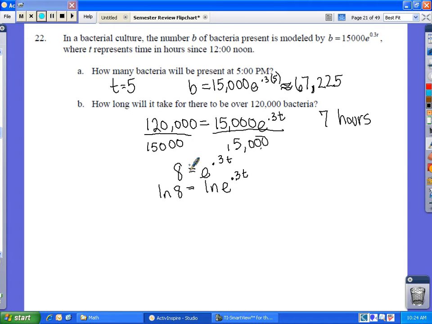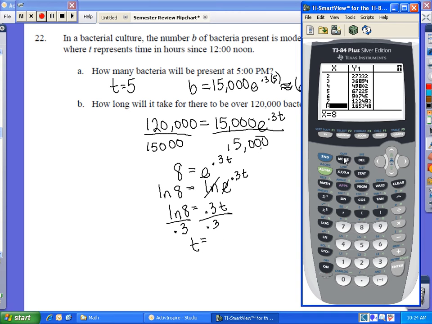Well, if you remember back to your rules of natural logs, the ln and the e cancel each other out, and I'm left with the ln of 8 equals 0.3 t. Now I can divide both sides by 0.3, and I get that t is equal to the ln of 8 over 0.3. Now to evaluate that, I'm going to go ln of 8 divided by 0.3. And you'll get that time